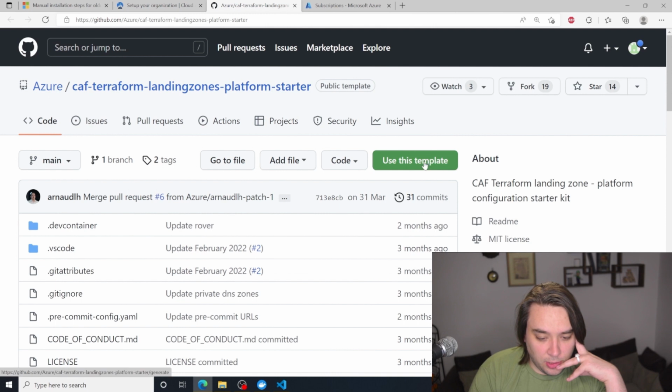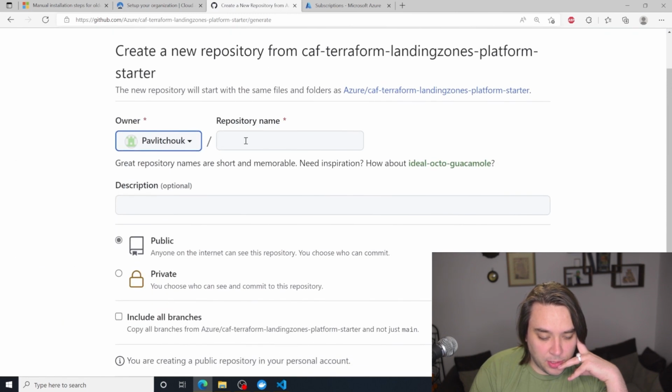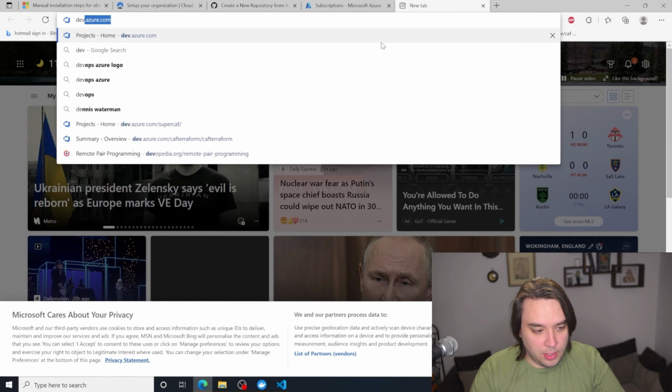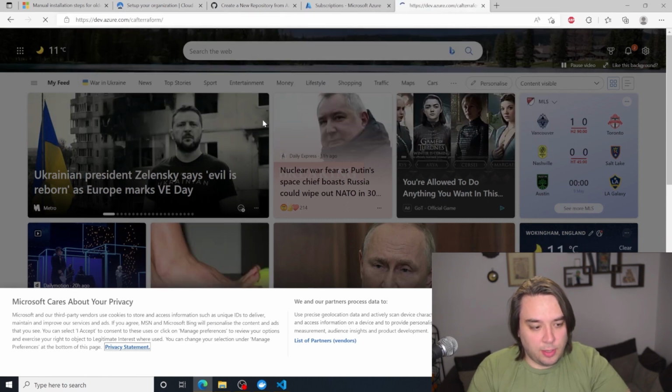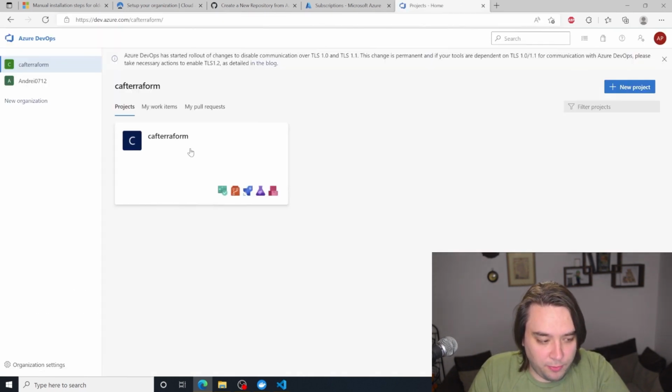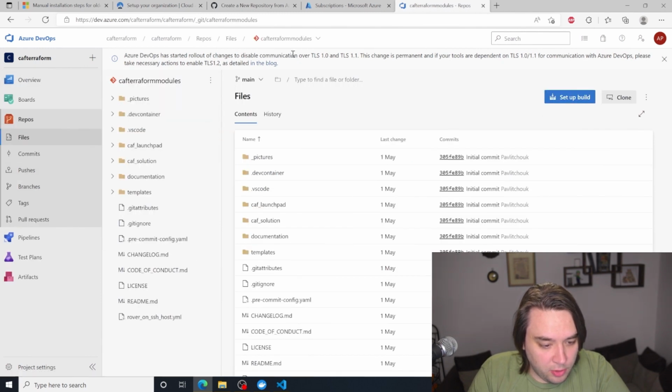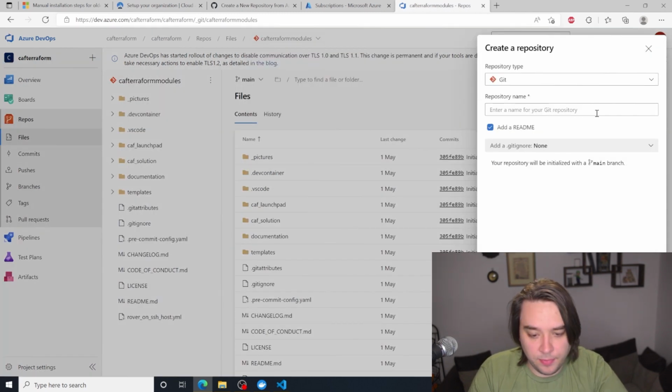We're going to do it a little differently to how they say it, because over here it's for GitHub repositories, but I'm looking forward to using the DevOps repositories. So I'm going to go to dev.azure.com, caf Terraform, and create a new repository called configuration.